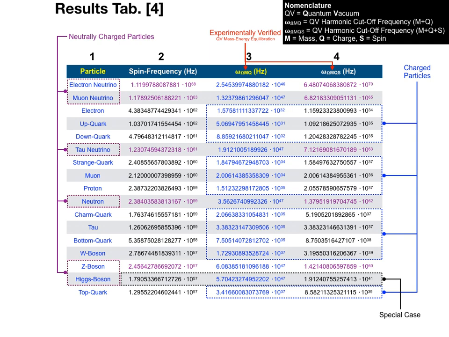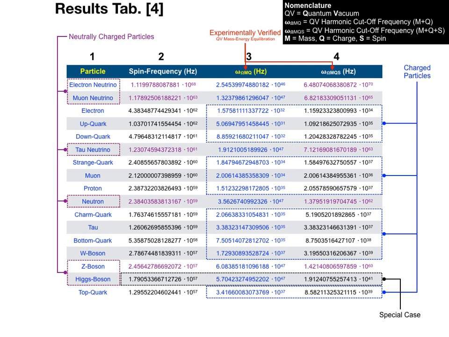Once again, I would like to draw your attention to the purple numbers appearing in columns 2 and 4. The spin frequency, which represents mechanical rotation, generates results within 2 orders of magnitude of column 4 results with respect to neutrally charged particles, with the obvious exception of the Higgs boson, which is a special case particle. We have also emphasised the numerical magnitude of the results between columns 3 and 4 pertaining to charged particles. We can see that the quantum vacuum harmonic cutoff frequency associated with column 3 generates results within 2 orders of magnitude of column 4 results.